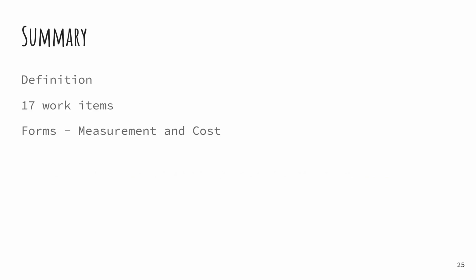Okay, so that's it. So what have we seen today? We have seen the definition of the term estimate, and then we have briefly looked at 17 work items that are usually seen in construction projects, and then we saw the forms, the one for measurement as well as the one for cost. And for reference, I have referenced the book by B.N. Datta